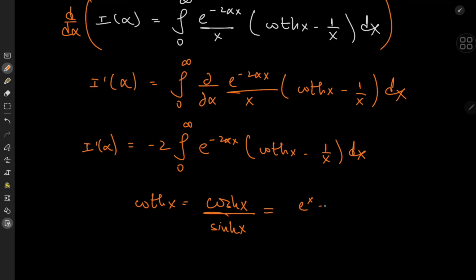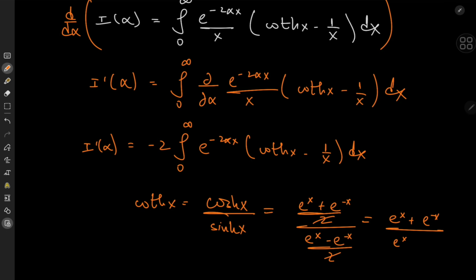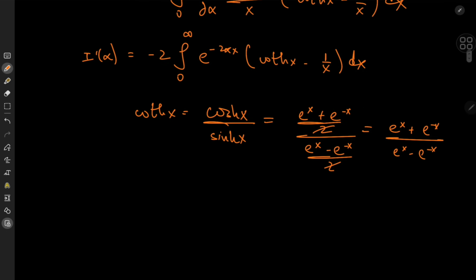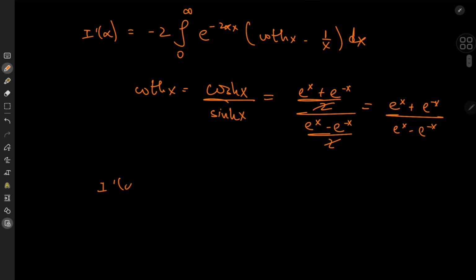So we have e to the x plus e to the minus x over 2 divided by e to the x minus e to the minus x over 2, cancellation, meaning that we have this cool assortment of exponential functions. So I prime of alpha equals negative 2, rather, I'll distribute the negative 1 and write this as 2 times integral 0 to infinity e to the minus 2 alpha x times, now the 1 over x comes first, minus,